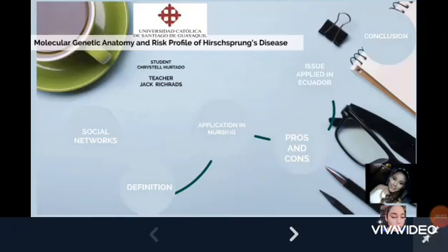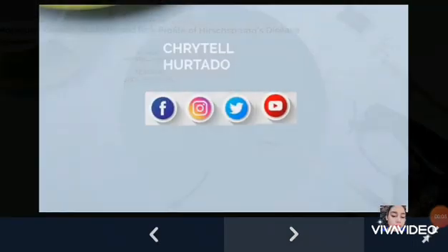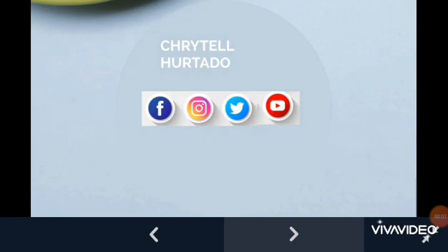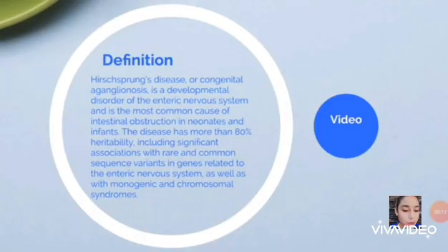Hi, I'm talking about molecular genetics, anatomy, and risk profile of Hirschsprung disease. Definition: Hirschsprung disease, or congenital aganglionosis, is a disorder of the enteric nervous system and the most common cause in